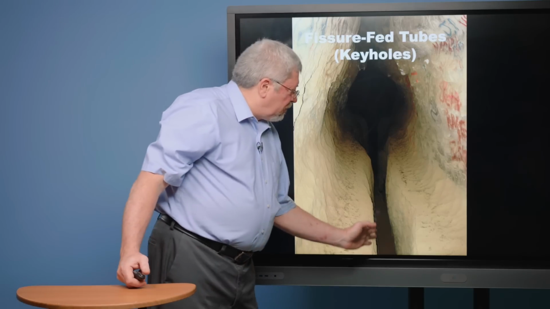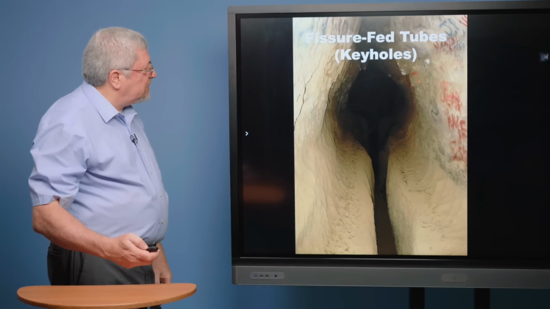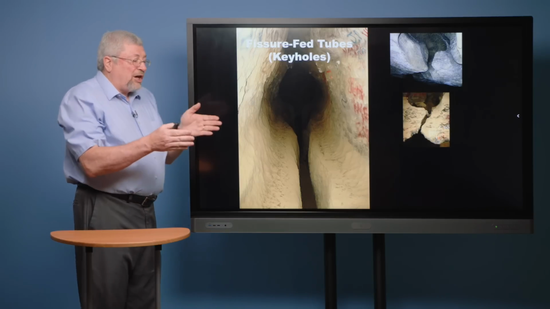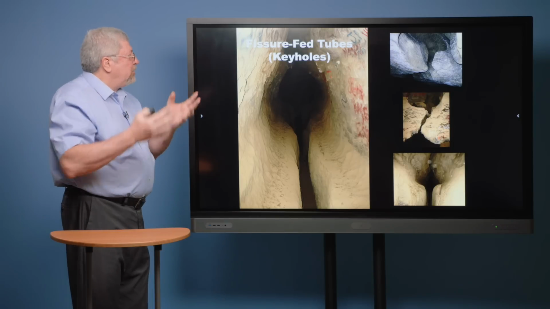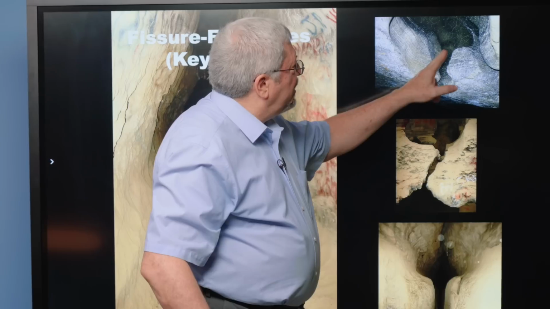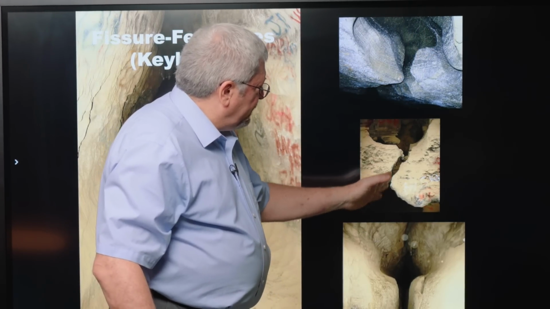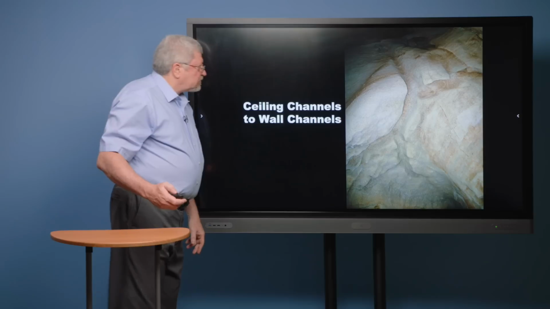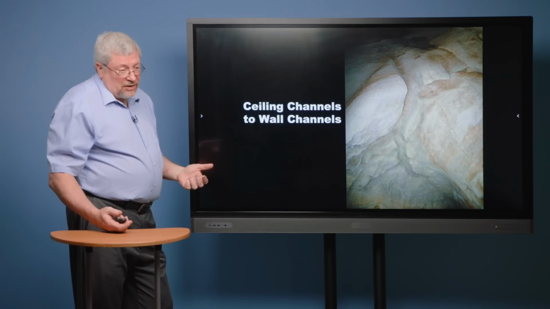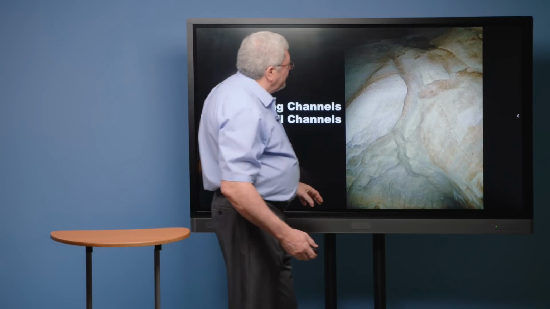These are again caused by rising waters that then move laterally, cutting these channels in the ceiling. Basically, channels in the ceiling can get bigger and bigger until they're a channel you can walk through. So here is another keyhole with a larger channel up above. Here's a beautiful example, cut up to a very large keyhole there. There's another one there. Again, all these were found within 150 feet of the entrance to the cave. I took them all in 20 minutes. They're all over the place. I just never saw them until I was told what in the world they meant.